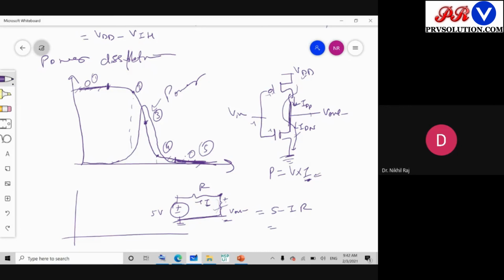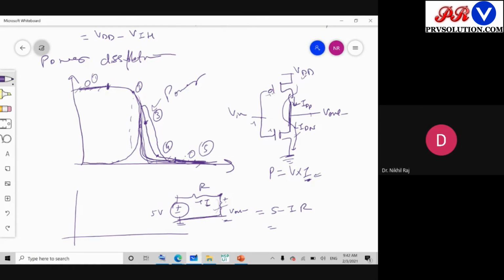देखो, इस कर्व को अगर मैं वो कर दूं, आइडियल जैसा बना दूं, then what will happen? For a very small amount of time, जैसे एक झटका लगता है, instantaneous, a pulse like shock will be there, होता है ना? So a very significant power will be dissipated, but for a very small fraction of time. So that will not matter to the device operation because we have given a very small time for the power dissipation. So making this curve ideal means what? Making this curve ideal means we are trying to make the device towards the ideal condition. We are trying to shift the VTC curve towards the ideal condition.